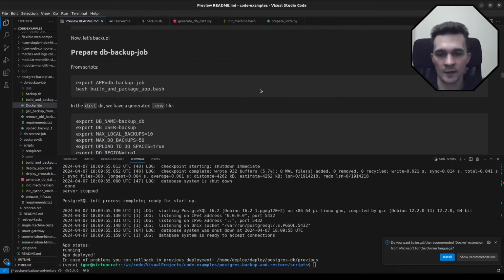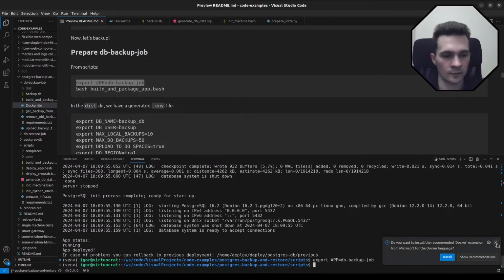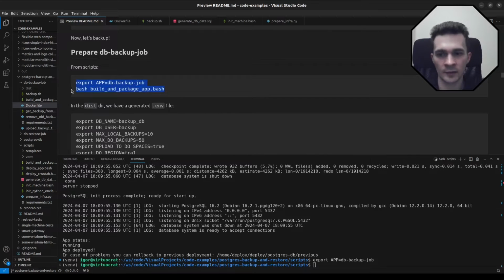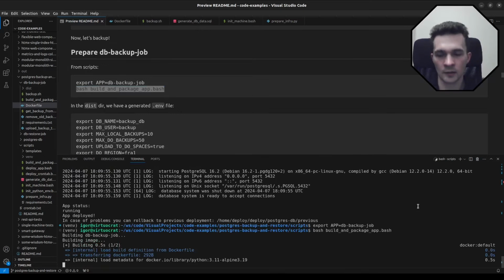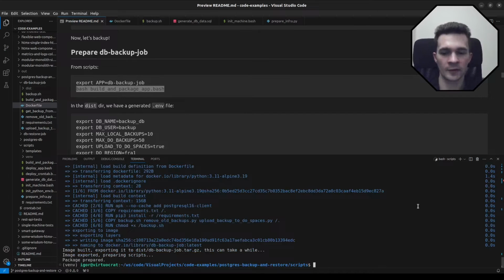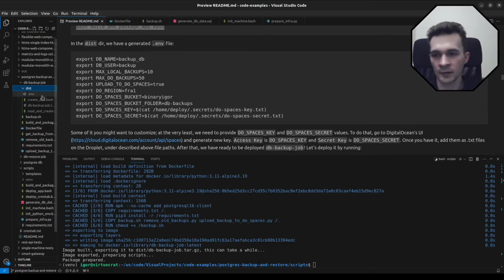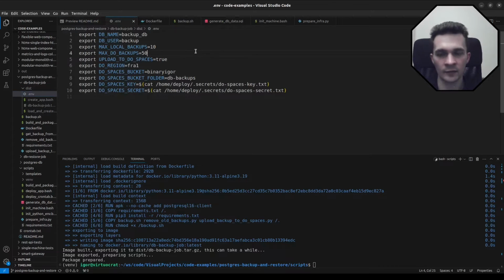as the README says, we should now export this variable for our amazing build and package up script. As previously, it will build the package of our dockerized app. That was fast because it is smaller. And from important things here, if we go, as it is described here, to this directory, we have an .env